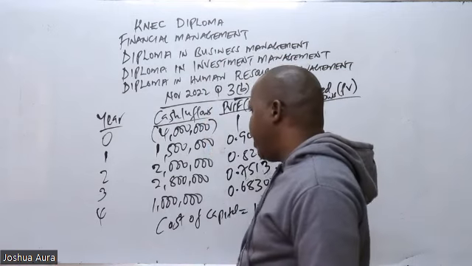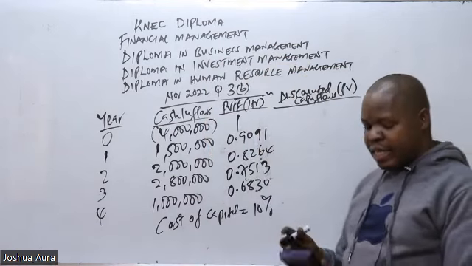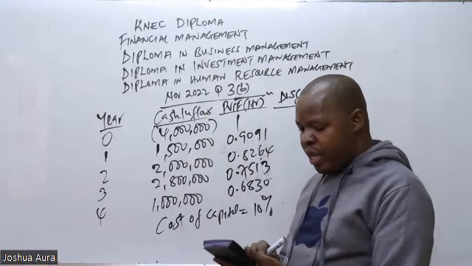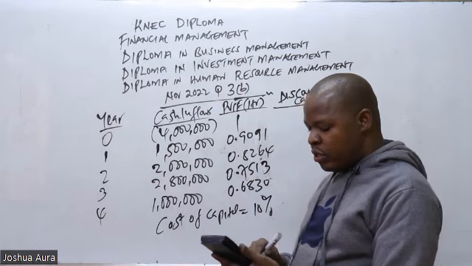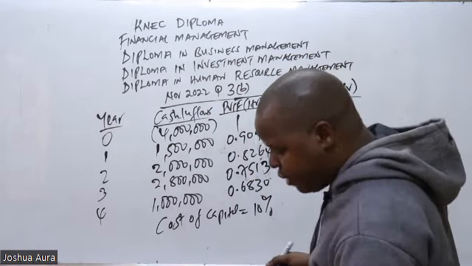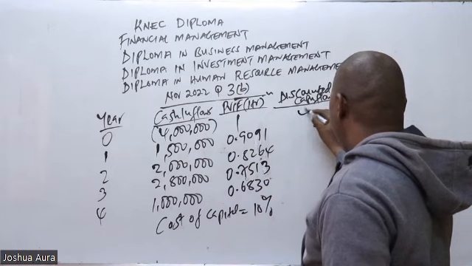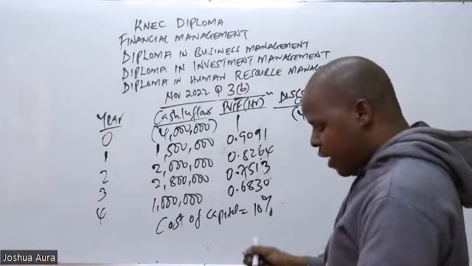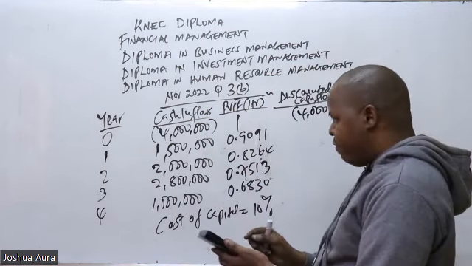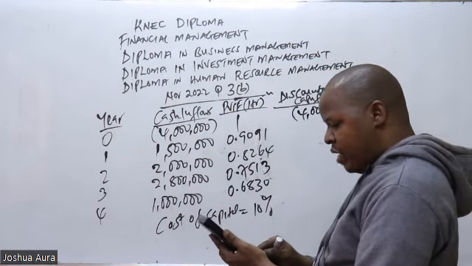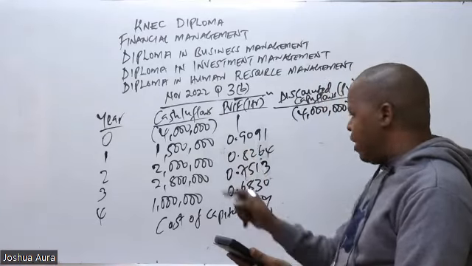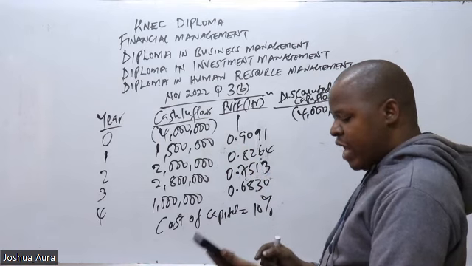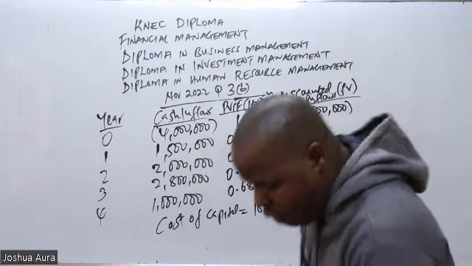So my good people, let us do the multiplication here. The first figure is minus 4 million times 1, so it is minus 4 million. What about the second figure? It will be 1,500,000 times 0.9091. We are getting a figure of